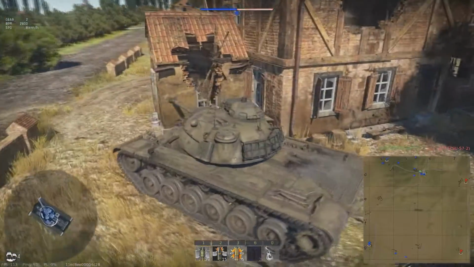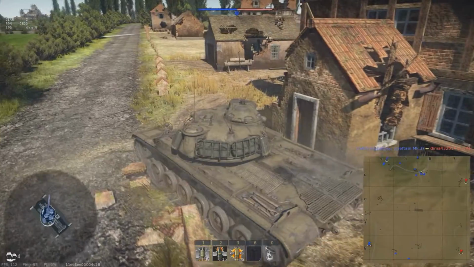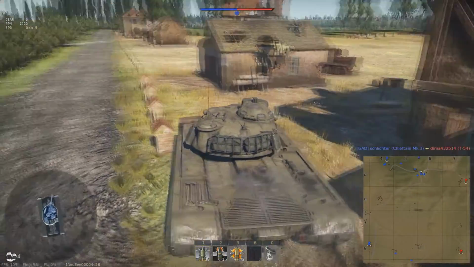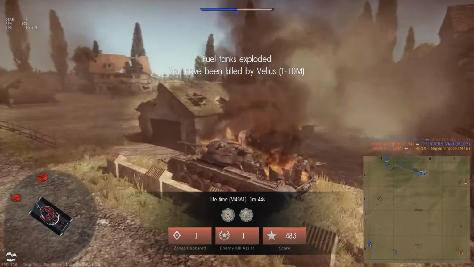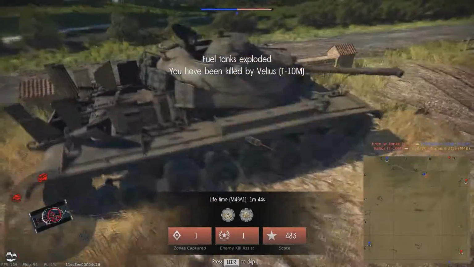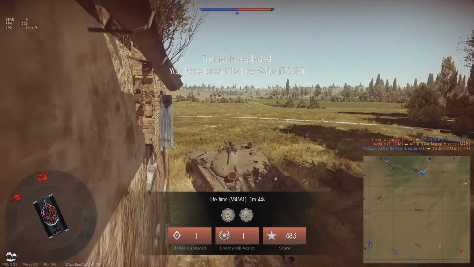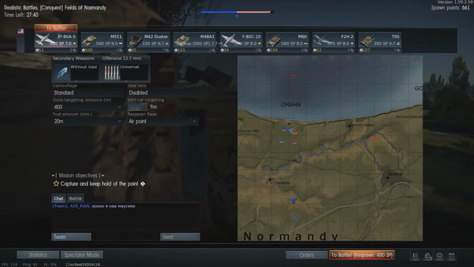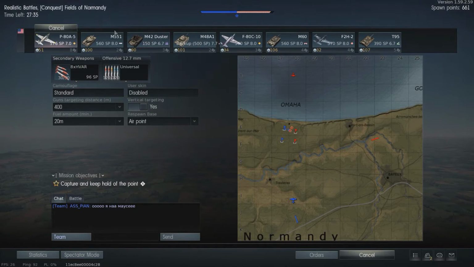I actually loaded the APHE shell, as it sometimes works better against this tank than the heat shell. So I have the wrong shell in the barrel, but it doesn't matter, as a T10M sneaks by, which has, as it feels like, more mobility than I have, and he one-shots me. Well, bad things happen. So then I take out the P80, and I recently unlocked the rockets on it, and